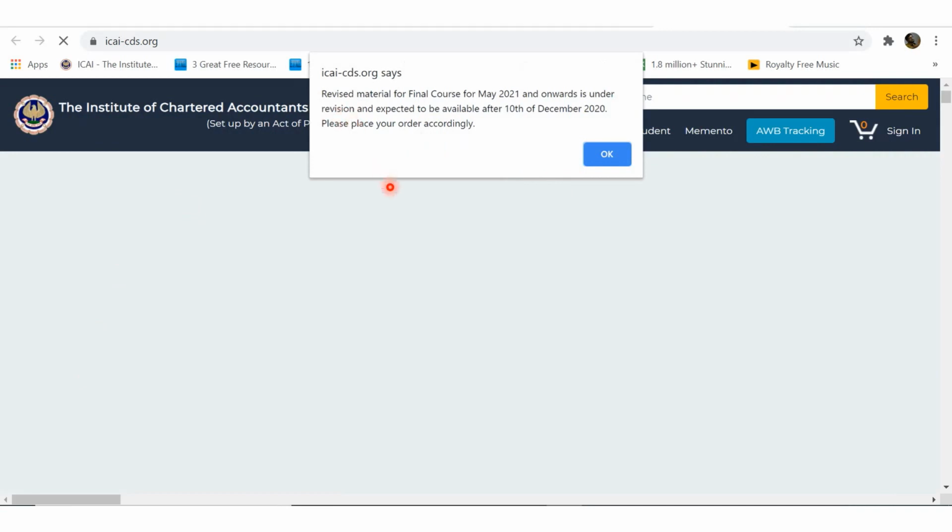Now today, since this registration which I have completed just now, as an example for you, obviously has verification pending, I cannot get any other details here. Now you may find that here they are talking about final course, etc. We are students of the foundation course, so we can just click OK and go ahead. Then you can log in yourself.